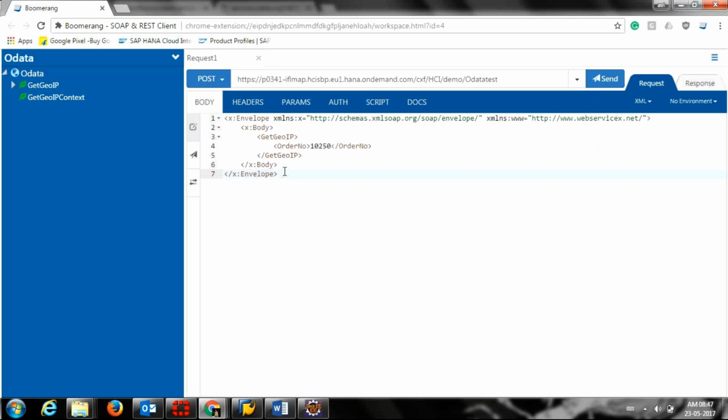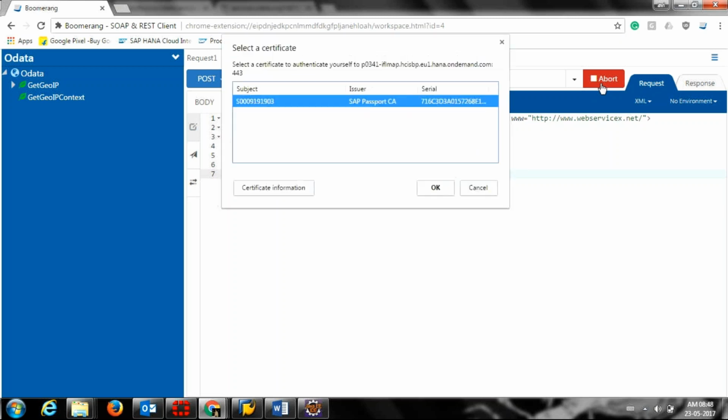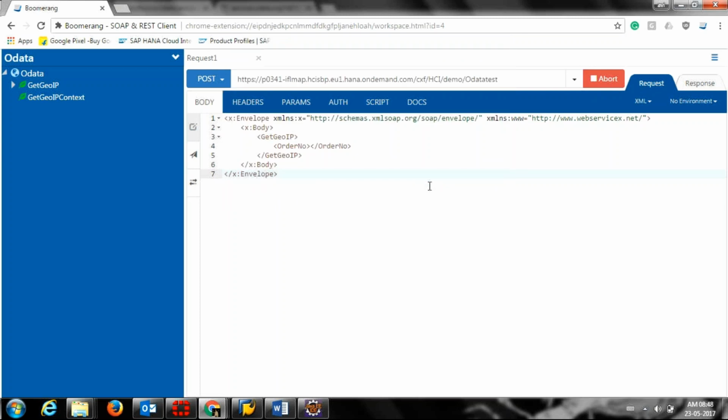I'm keeping this blank, and this order number also blank, and I'm just triggering it, because we haven't done any hard coding or where clause in our OData adapter. So it will provide us all the orders which are available at the receiver from the OData server. So see, in response, you will get